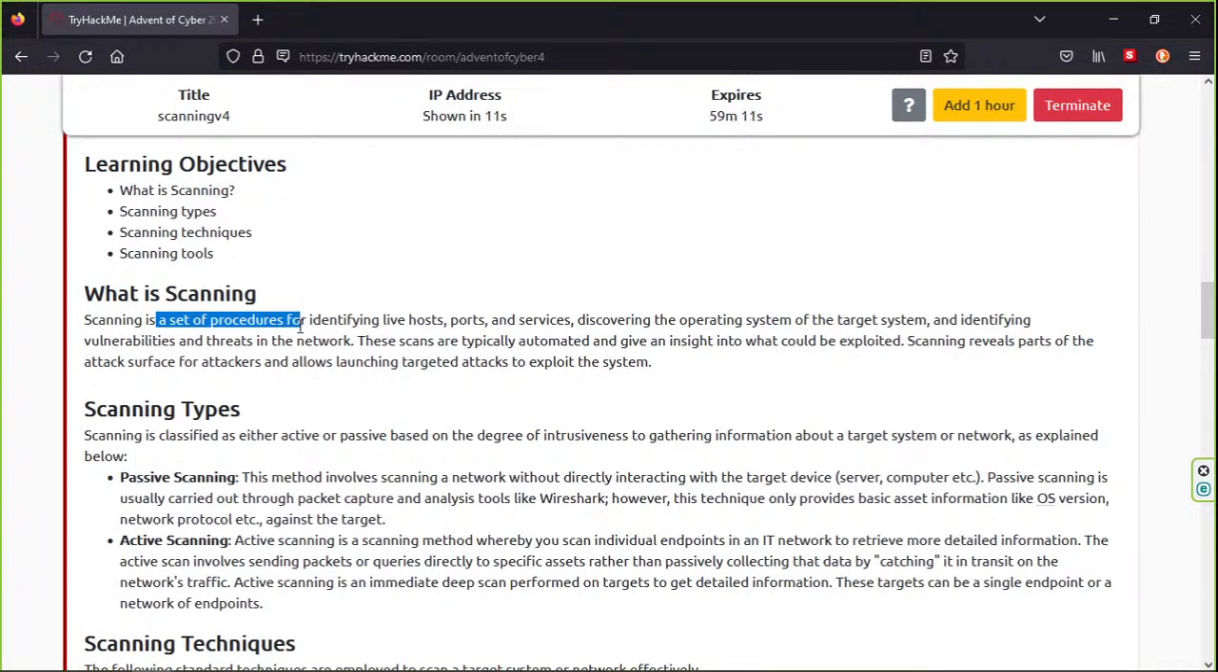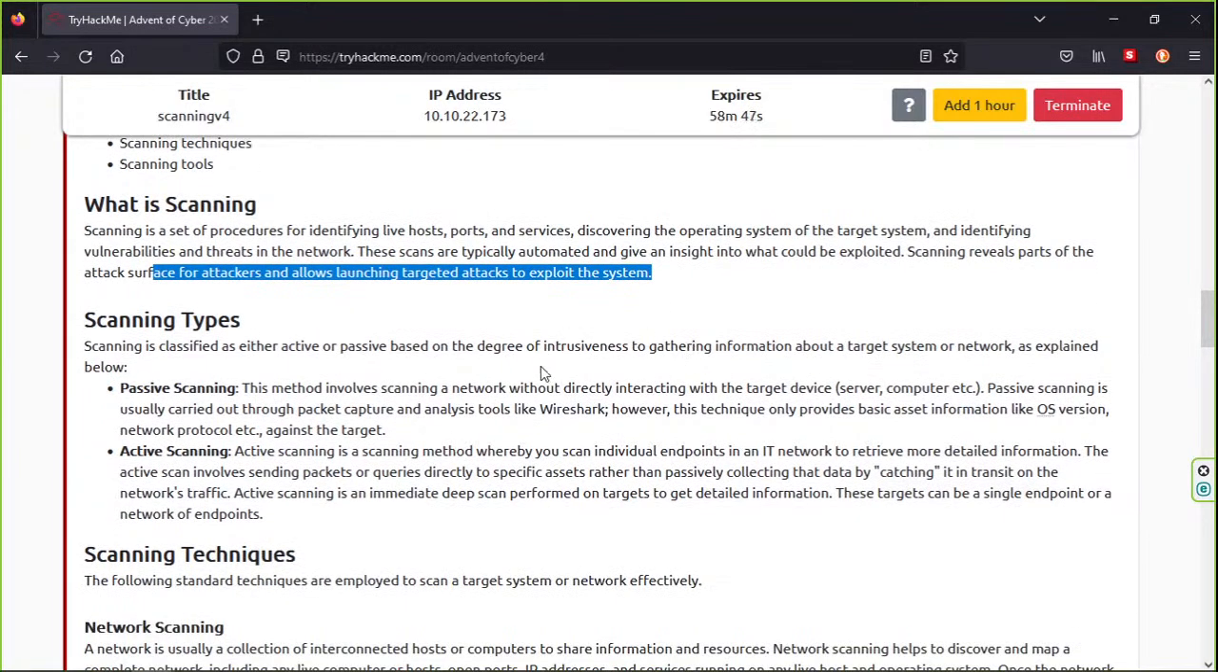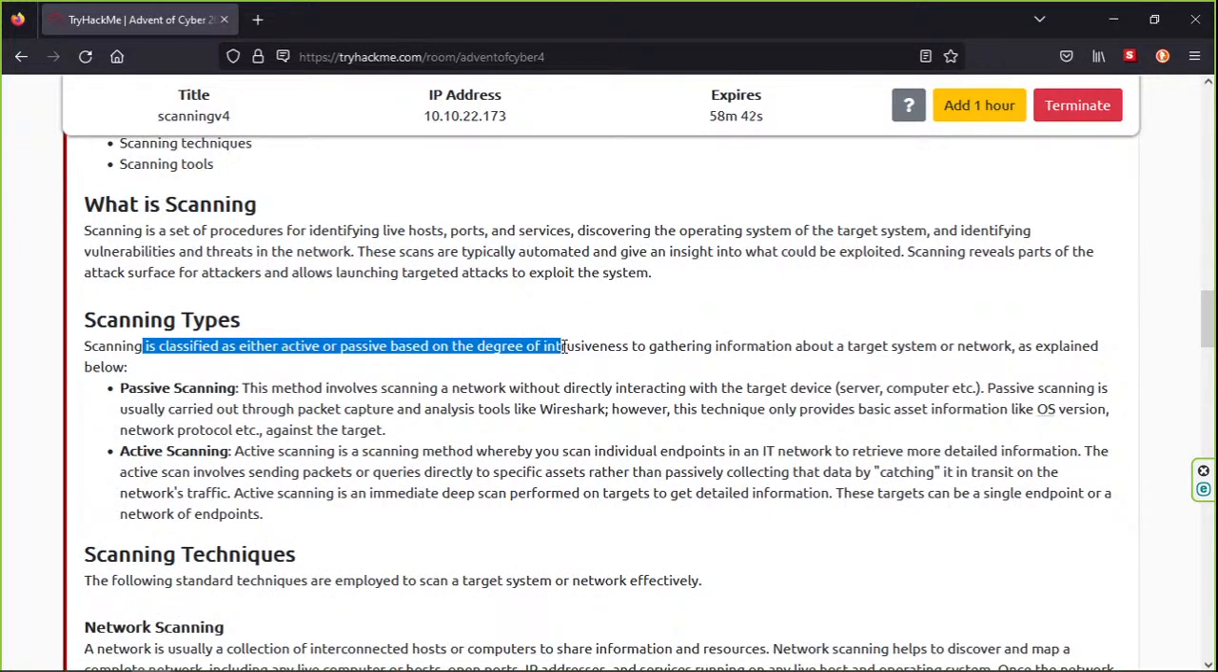Scanning is a set of procedures for identifying live hosts, ports, and services, discovering the operating system of the target system, and identifying vulnerabilities and threats in the network. These scans are typically automated and give an insight into what could be exploited. Scanning reveals parts of the attack surface for attackers and allows launching targeted attacks to exploit the system. Scanning is classified as either active or passive based on the degree of intrusiveness to gathering information about a target system or network. As explained below,